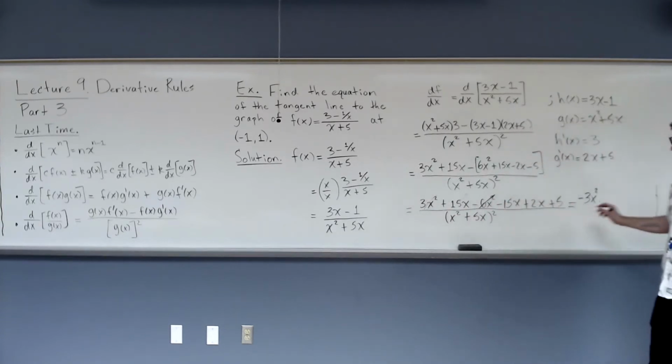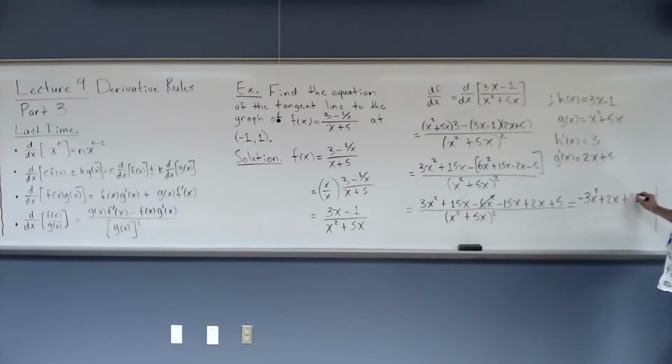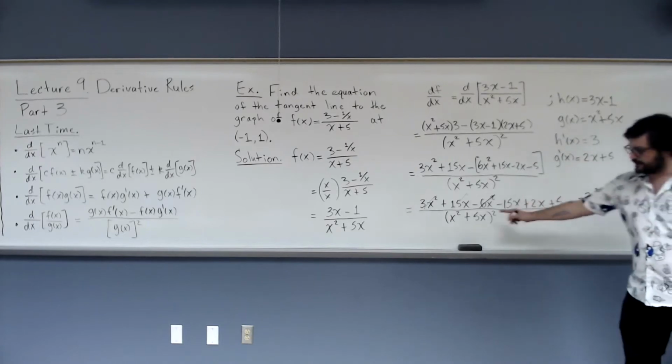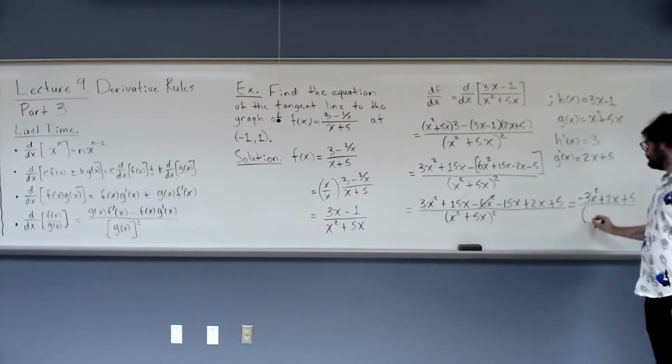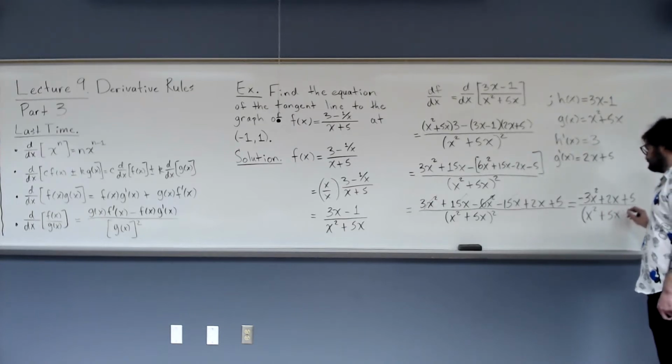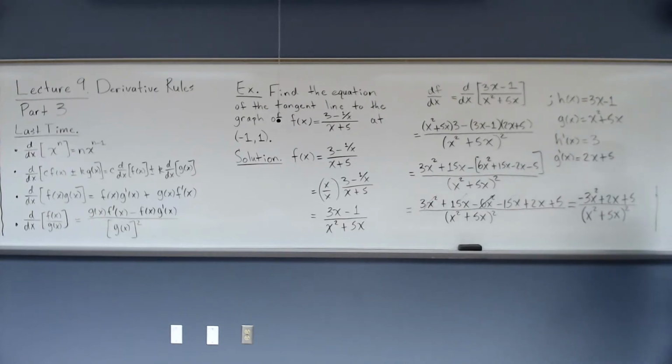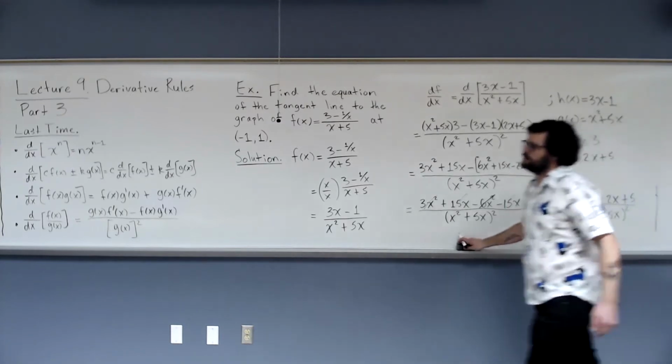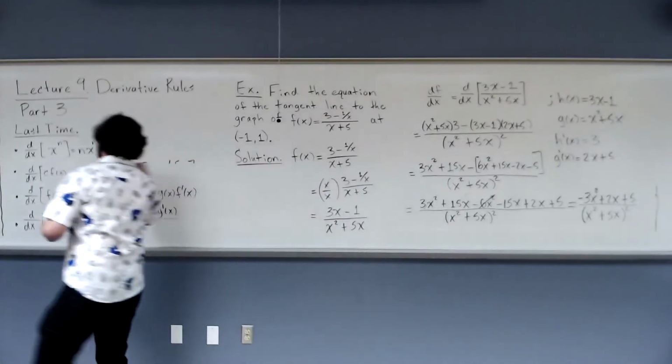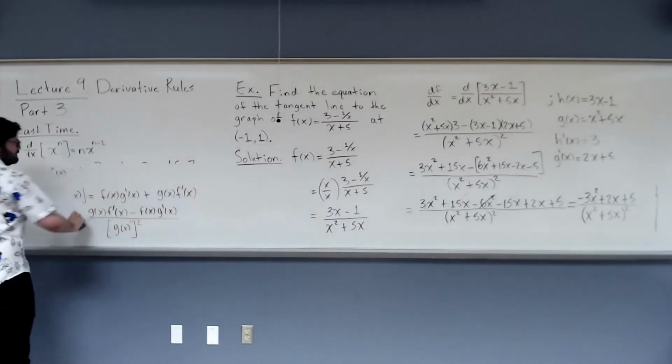And then I have plus 2x plus 5, all over that thing. Okay, so this is the derivative, and I can just use that to find the slope of the tangent line,